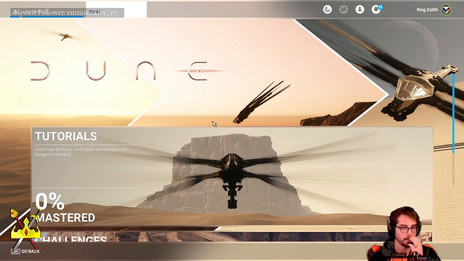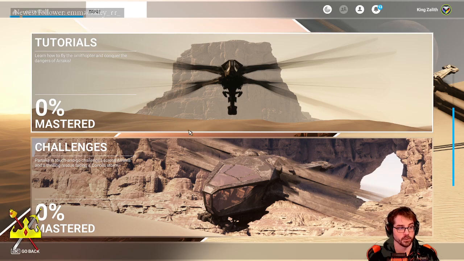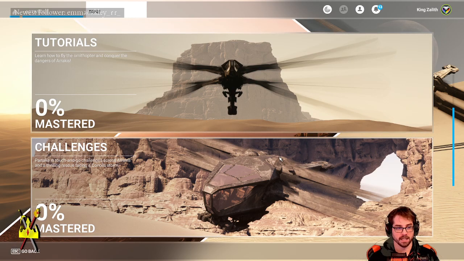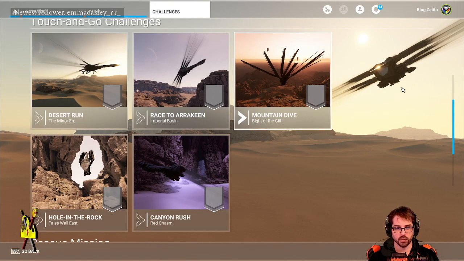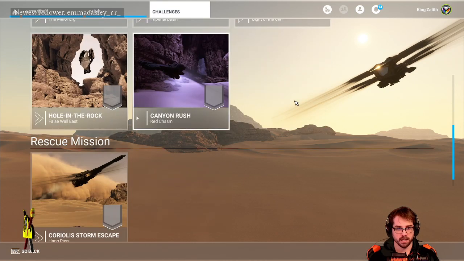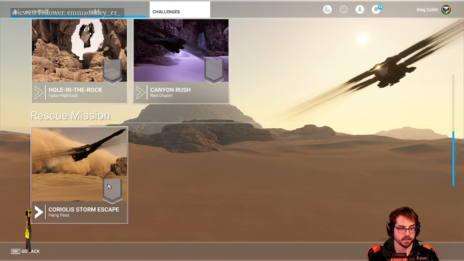So they have flight tutorials that teach you how to fly the ornithopter, and you get to do it all on Arrakis. And then they also have added some challenges. So I believe some of the challenges are like some touch and goes, how to do dives, and diving through holes and rocks, and cannon rush, which I'm guessing is just kind of like a narrow space flight training or challenge. And then finally they have the rescue mission, which is the Coriolis storm escape,